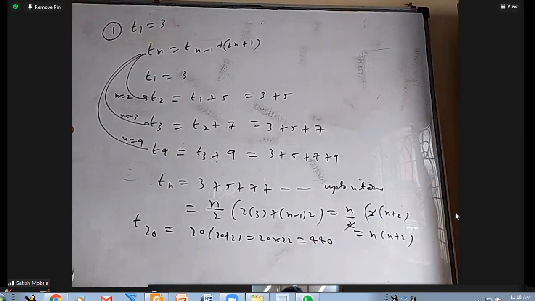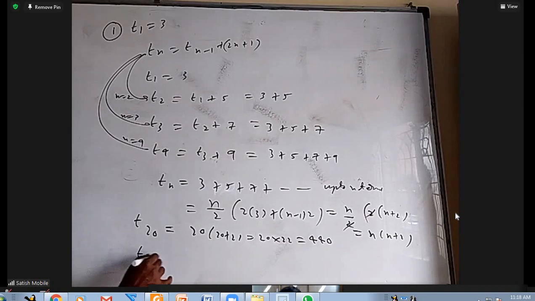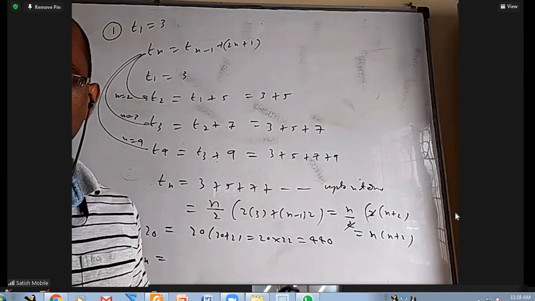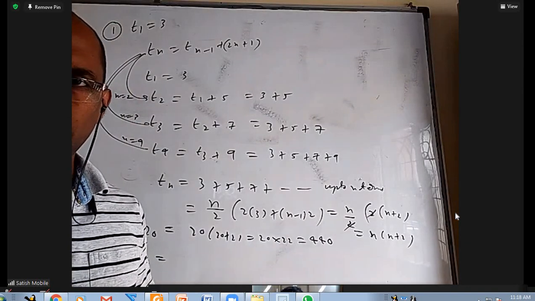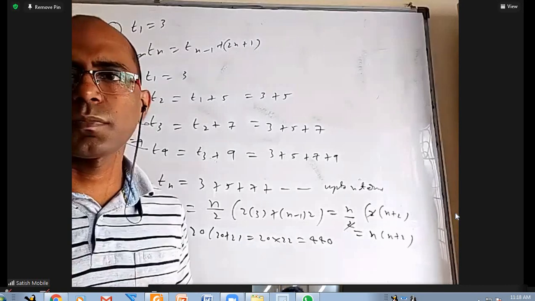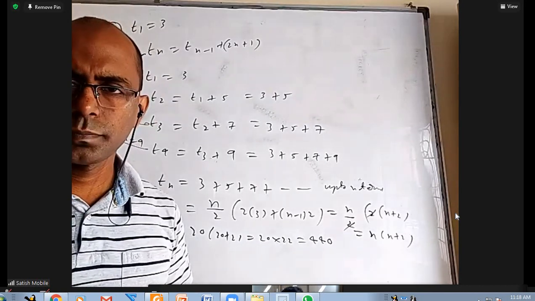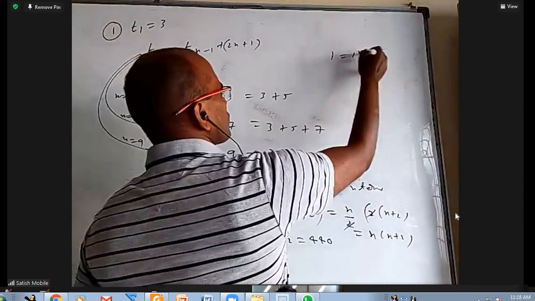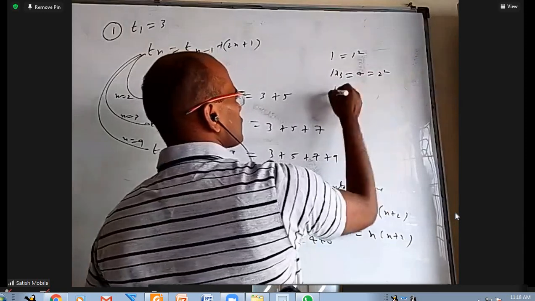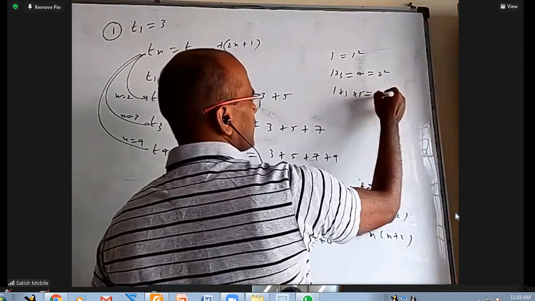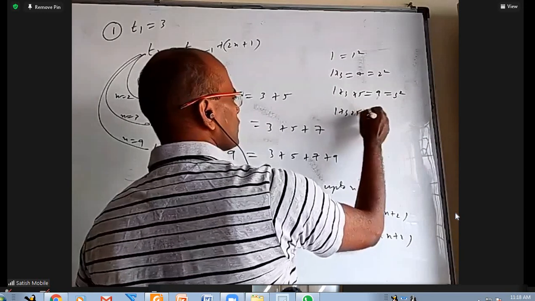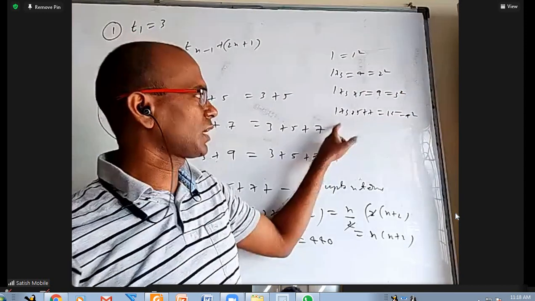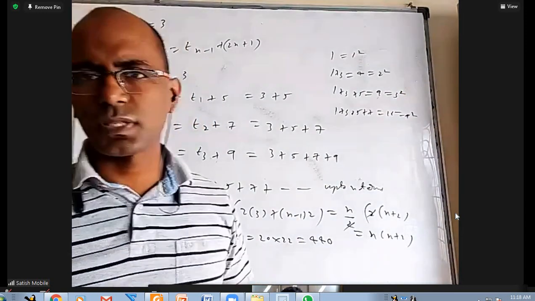You can do like that, or one more thing that you can do. I think all of you know the sum of first n odd numbers is n square. Am I right? All of you know, first n, not natural numbers, sorry, sum of first n odd numbers is n square. You know that? 1 is 1 square. 1 plus 3 is 4, which is 2 square. 1 plus 3 plus 5 is 9, which is 3 square. 1 plus 3 plus 5 plus 7 is 16, 4 square. So you add 2 odd numbers, 2 square. Add first 3 odd numbers, 3 square. Add first 4 odd numbers, 4 square. First n odd numbers is n square. All of you know that?